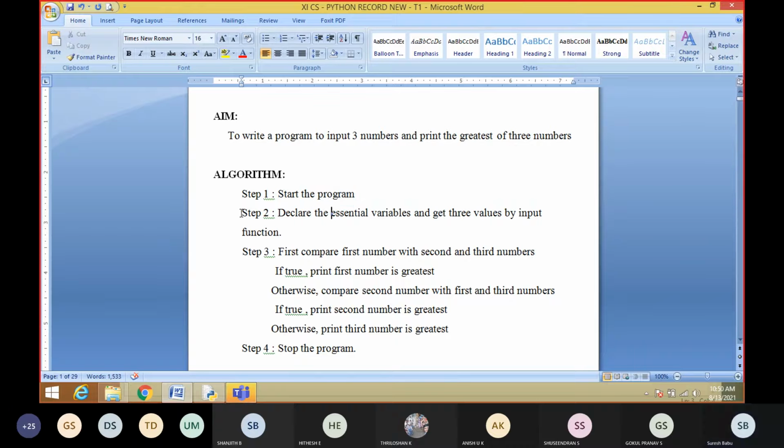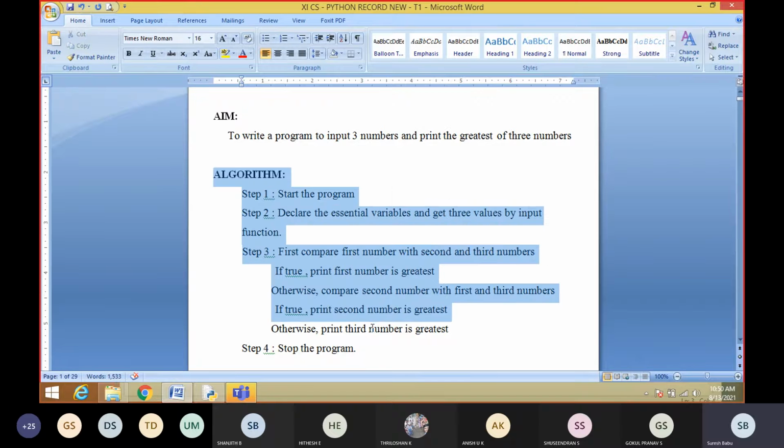Then step 2, we want to declare the essential variables and get three values by input function. Okay, declaring and getting values. The algorithm is common for all programming languages.